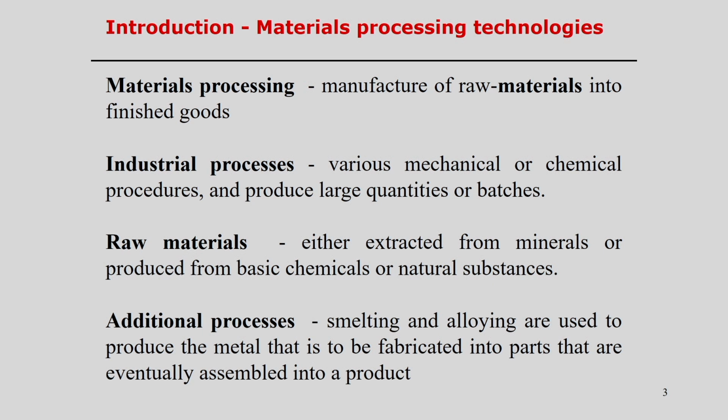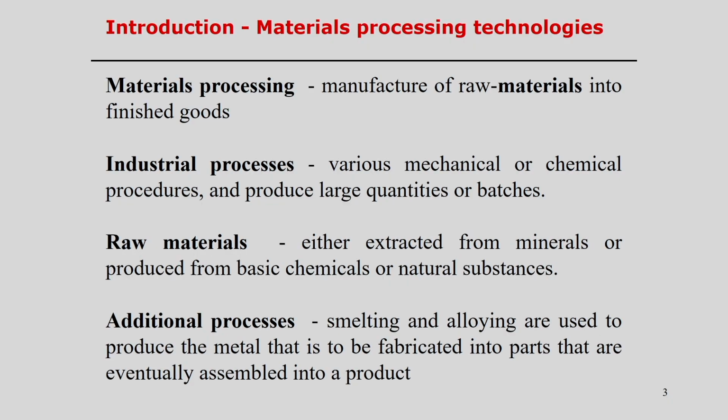Now, industrial processes means the industrial scaling of all these manufacturing processes, aiming to produce on a larger scale. That means it is associated with various chemical and mechanical processes, but tries to produce a large quantity in batch production. That is why we follow the industrial processes. Of course, industrial processes also include all of the manufacturing processes.